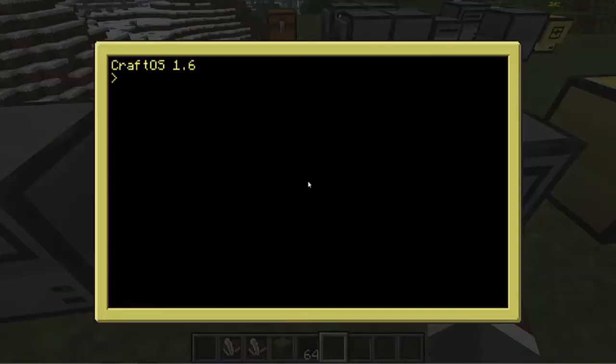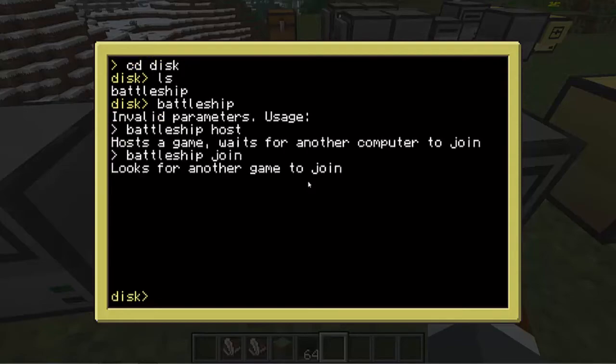You need 2 advanced computers for this. Now the first thing I'm going to do is, hold on, where am I here? CD disk. Let's see here. I'm going to do LS, and we have Battleship. Okay, now it comes up with this. It says either Battleship host or Battleship join. It's basically telling you can't just do Battleship, you need to be very specific. So I'm going to do Battleship